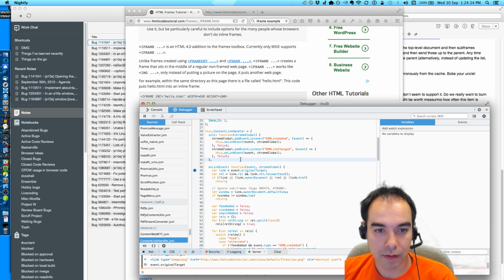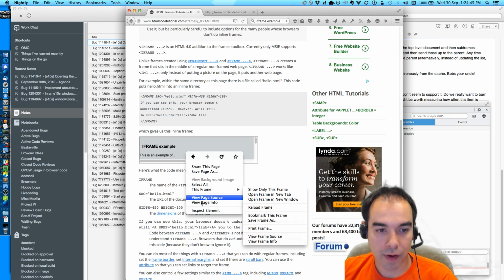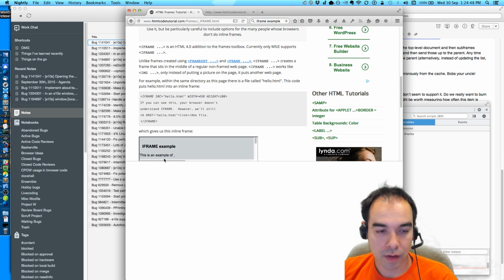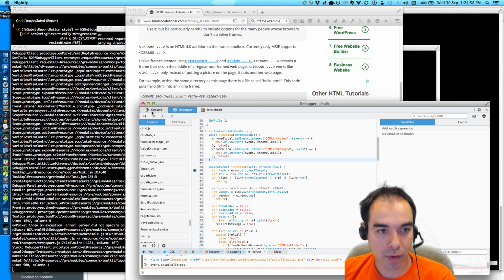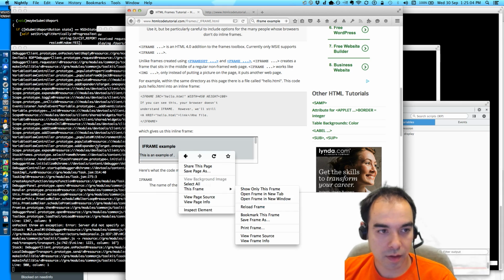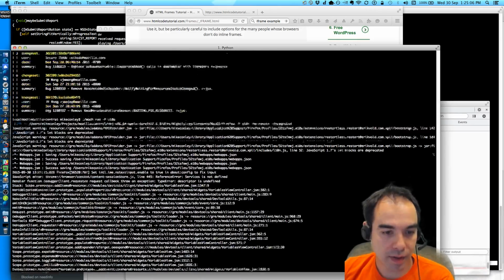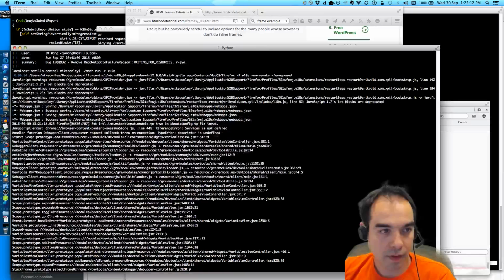Why is that? Like if I were to inspect this iframe, wow, this browser's just hosed. Oh wait, have I hit my breakpoint? No. What's going on? How come DevTools is busted? There's like a bunch of error messages here. This is not good.